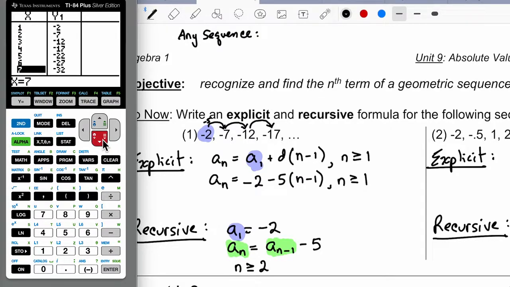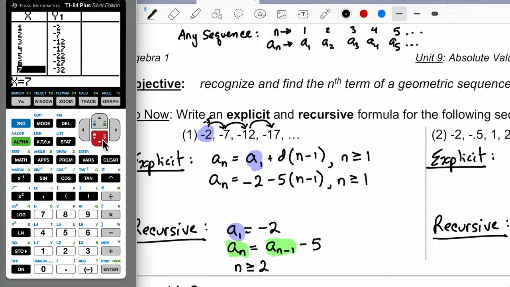You'd have the n values, the first, the second, the third, the fourth, the fifth, and so on. And then the a sub n values. Those are the actual numbers that occupy those positions. So if the n values are the position within the sequence, the a sub n values are the actual numbers occupying those positions. So you'd have a sub 1, a sub 2, a sub 3, a sub 4, a sub 5,